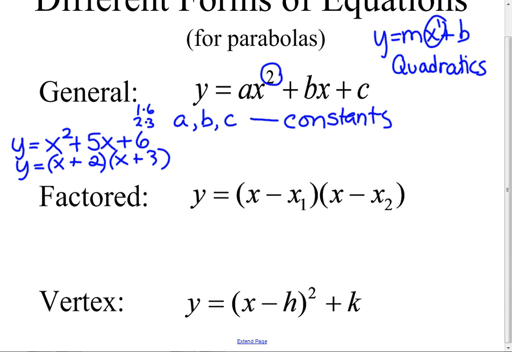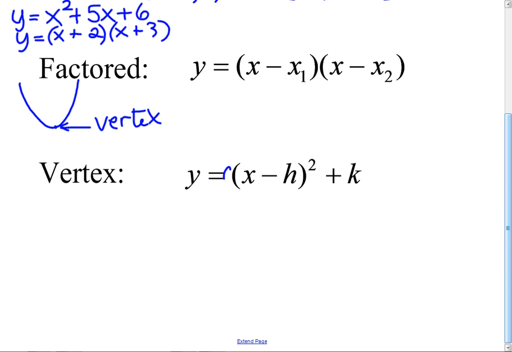There's another form. Do you remember that when we graphed our parabola, we had a lowest point here? That was called the vertex. Well, I can give you a parabola in vertex form. There could be an A in front of that. And I'm going to put an A there because it doesn't have to be 1. There could be a number there. So I'm finding fault a little bit with this, but that's okay. An A, well, that tells you a lot of stuff. It tells you if the parabola is skinny or if it's wide. We don't have to worry about it in this class. But we are going to worry about the vertex. But we'll get there. So those are the 3 forms